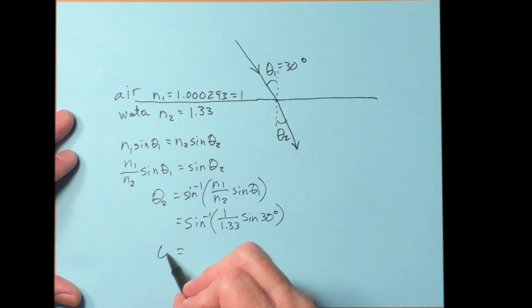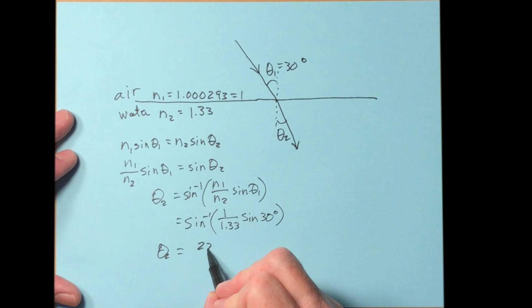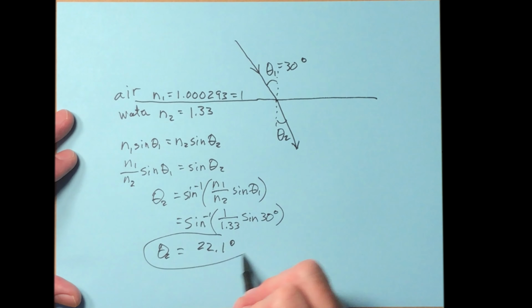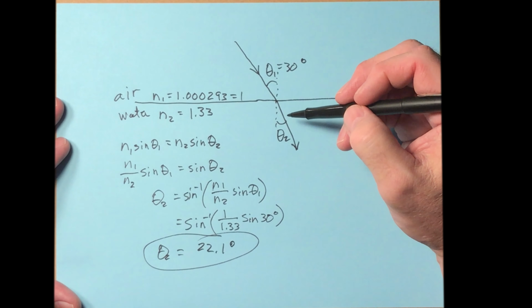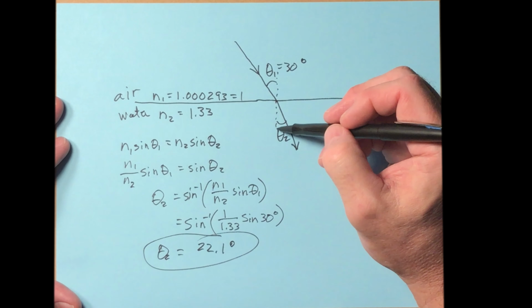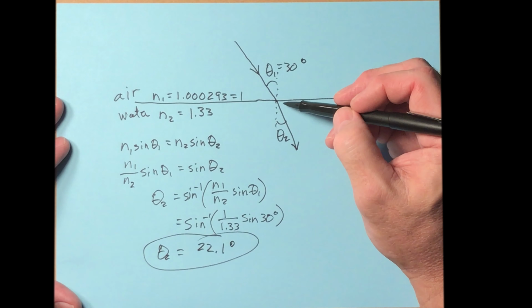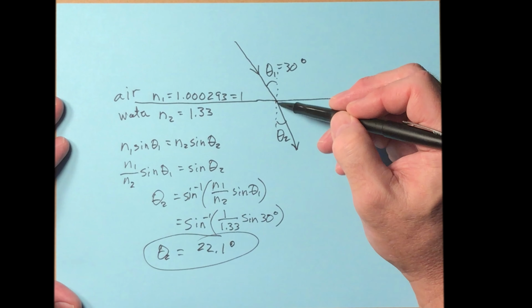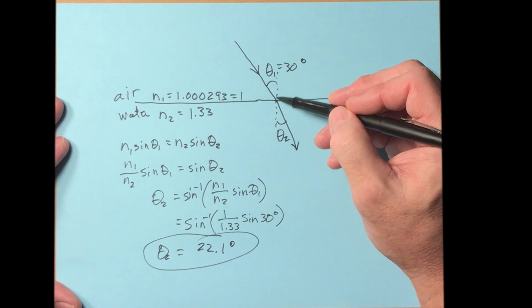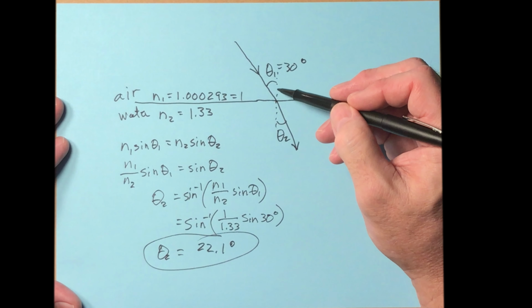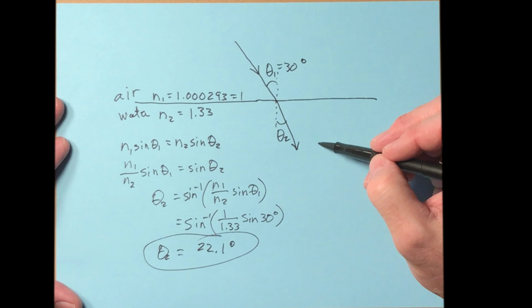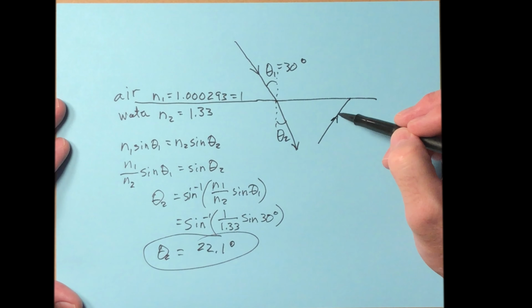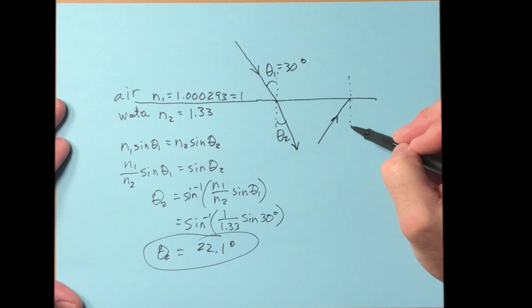You end up with theta 2 equals 22.1 degrees. Okay, now in this case you'll see that theta 2 is smaller than theta 1. So the refraction bent the light ray closer to the normal than it would otherwise. Now, if we were going the opposite direction, and we had